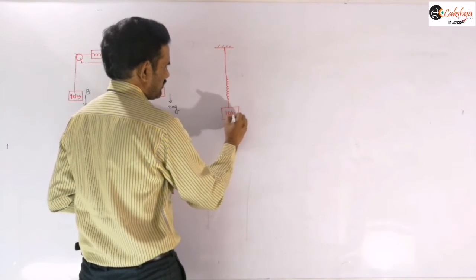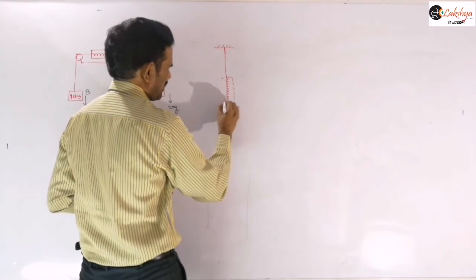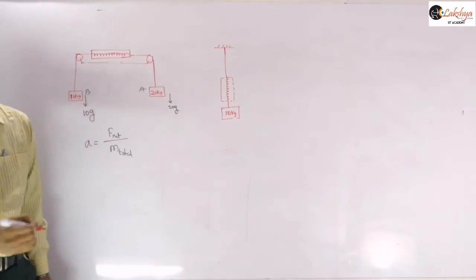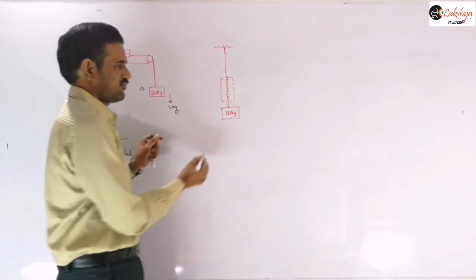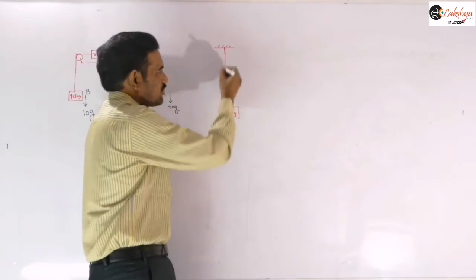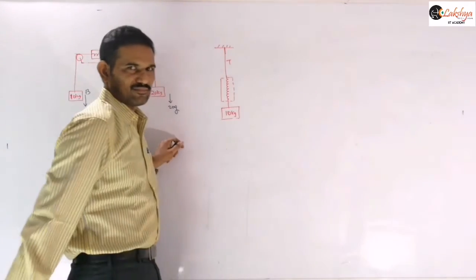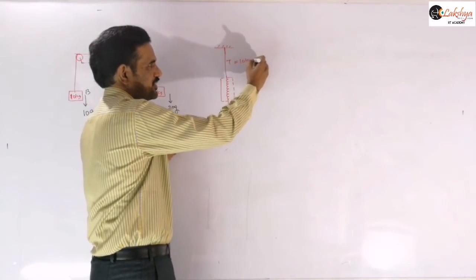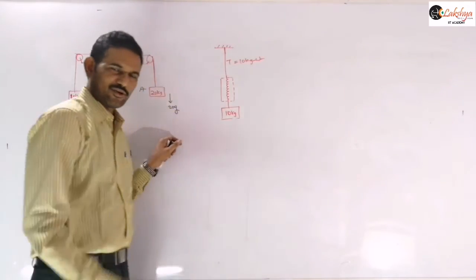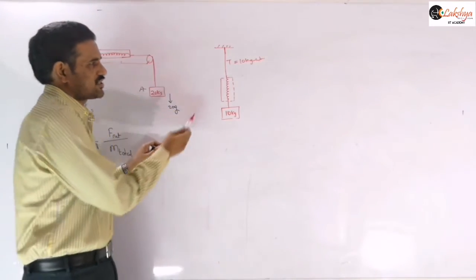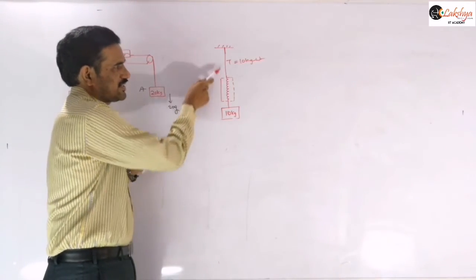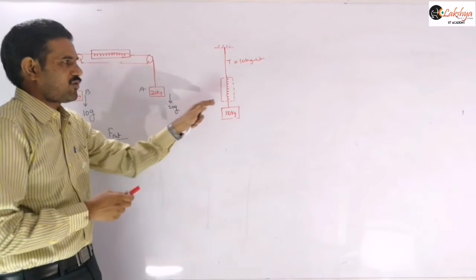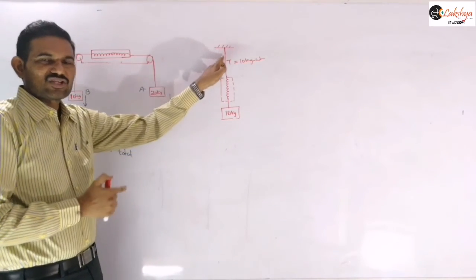Suppose say 10 kg. Let us take it as a spring balance, for example. Then what is the reading of the spring balance? The spring balance reading is nothing but the 10 kg weight, right? So if I ask what is the tension in this string, the tension in the string is also 10 kg weight only. That means when the spring and the string are connected like this, end to end, whatever spring force is developed in the spring, the same tension will be there here.